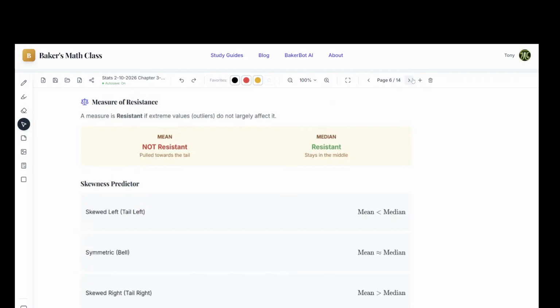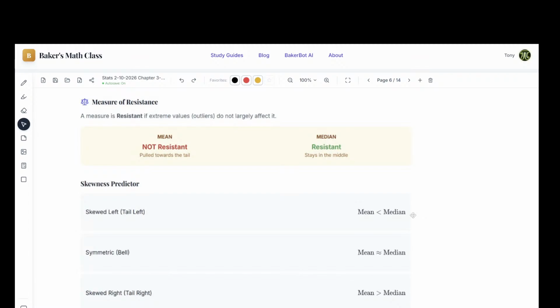So there's something known as resistance to extreme values, or where it skews things. And if you remember, we were talking last class about skewed to the left or skewed to the right, and we said the tail is what pulls it. The tail is your outliers. The tail is the things that pull things, because that's what's going to pull your mean in that direction. So if I have a skewed to the left, that means my mean is less than my median. That means I have some values that are really small that are pulling my mean in that direction.